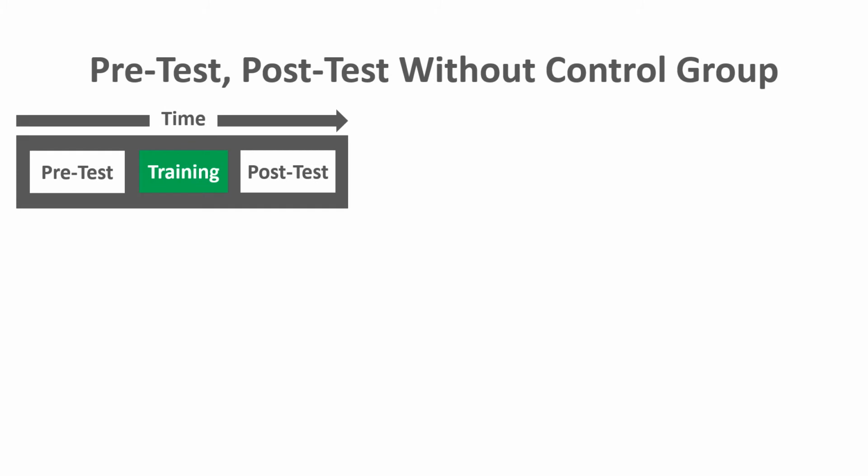Let's talk about a pre-test, post-test without control group design. Here you see this represented visually. Instead of just having a post-test after everybody goes through the training program, if we look over here earlier in time, we give everybody a pre-test. They take the pre-test, they engage in the training, and everybody engages in the post-test. So what takes place during the pre-test? Ideally, it's the exact same measure of training effectiveness that you give everybody in the post-test. You're just giving it to them up front too. This gives you a baseline, so you have something to compare the post-test scores to.